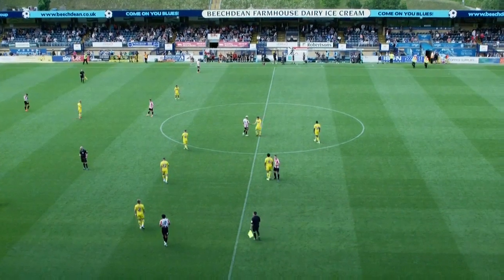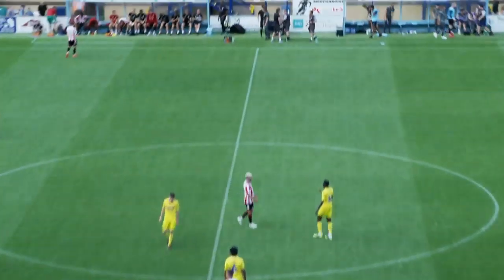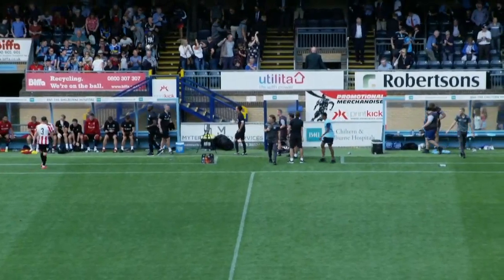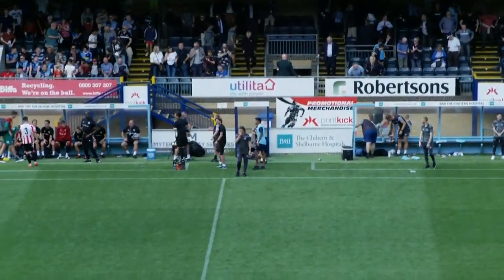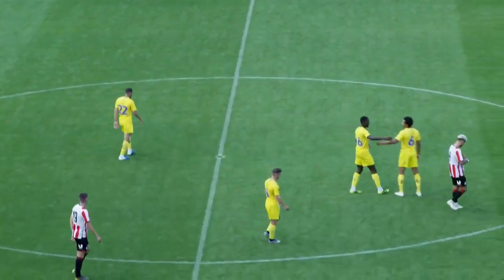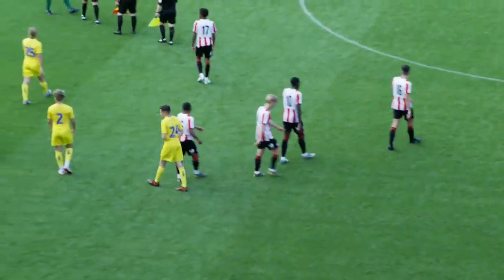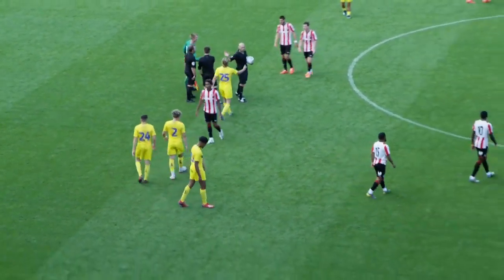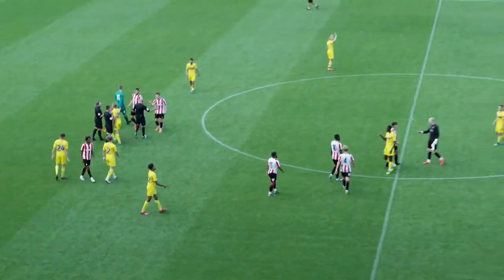Wycombe Wanderers 2, Brentford 2. Wycombe into a 2-goal lead, Brentford getting one back just before half-time with Hammer, Marcondes scoring after good work by Ali Coote early on in the second half. Neither team went close to setting up a winner, but it's been a good run to see, a good opportunity to see some of the Brentford B team out there today. Chris, who particularly caught your eye? I was really impressed